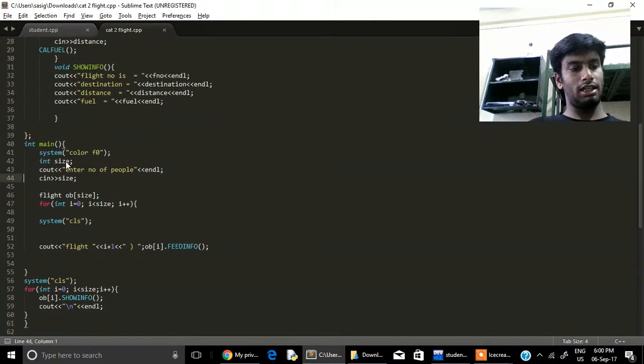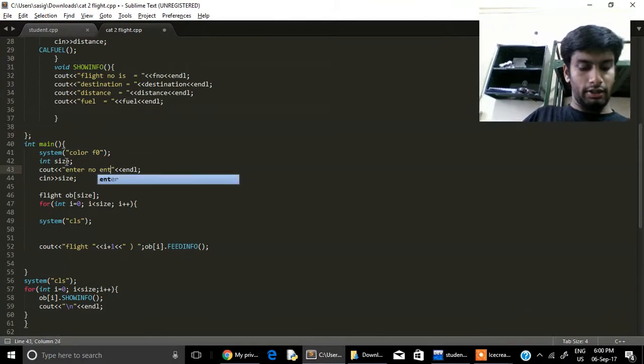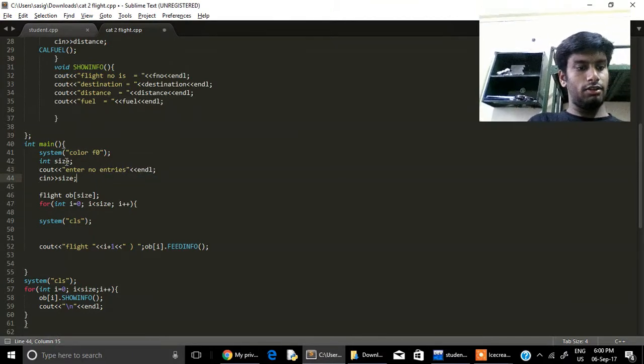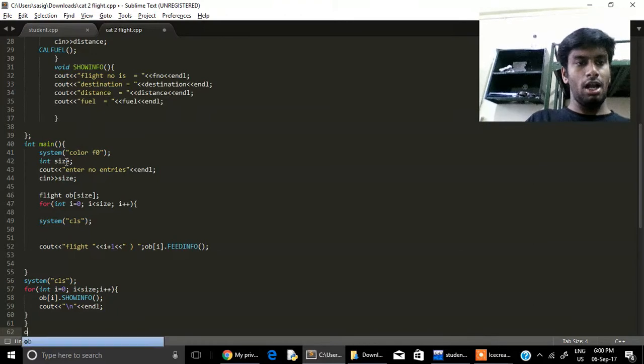So here also I take the number of entries, and then I take in the size value. I declare that many objects of the class flight, and then I take in the input one by one, and once the input has been taken, I display all the information as per requirement. Here also